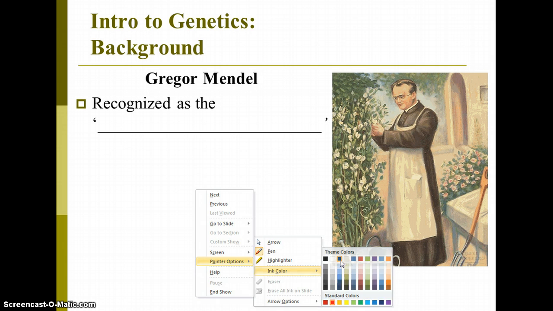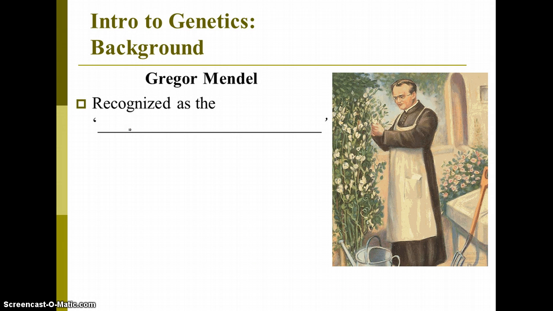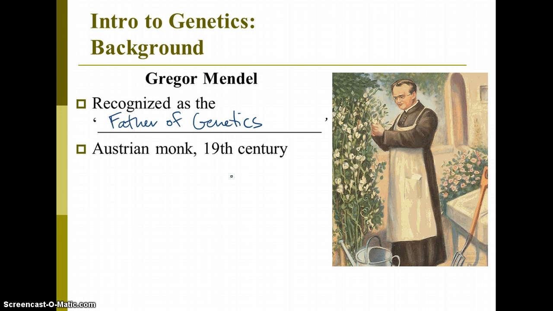Okay, so he's recognized as the father of genetics. Although what we know about genetics has moved far beyond what Gregor Mendel knew, we do know that he was an Austrian monk who lived in the 19th century, which is the 1800s. He actually did a lot of his work in the 1860s, which is the same time